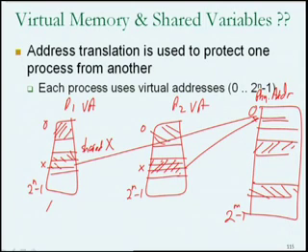And when process P1 writes into x and process P2 reads x, they will get the same value, and therefore they can communicate with each other just using ordinary memory operations, with some operating system support through the way that the mapping between physical addresses and virtual addresses is done. Right? So this can be supported by the operating system. The idea is that there could be variables which are shared between two processes, even though all the other variables and all the text and all the data and all the other stack and heap of these two processes may be distinct from each other in order to protect one process from the other.